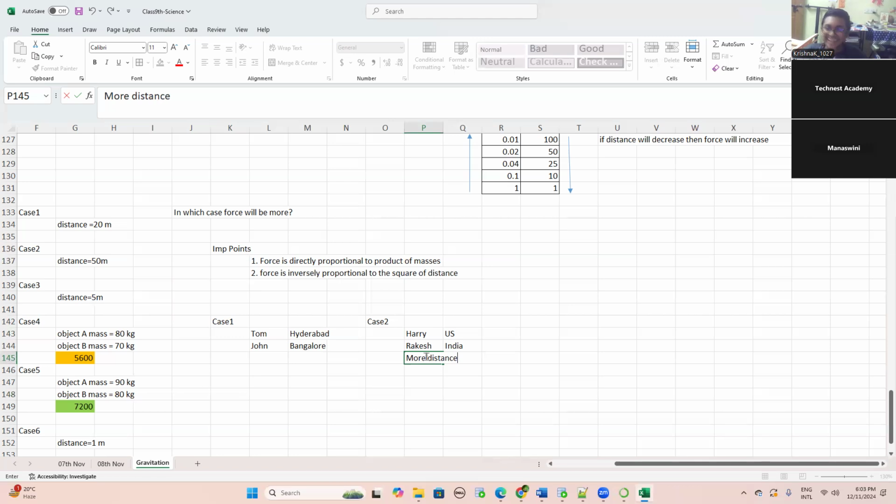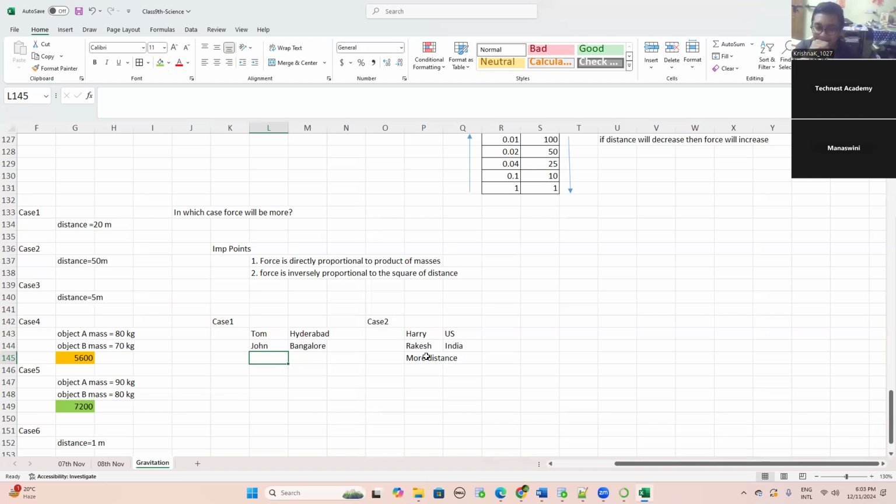Case 1, sir. I didn't even tell that number. Now is this clear? Yes, sir. So if the distance is less, force will be more. If the distance is more, force will be less. If the product of mass is more, then force will be